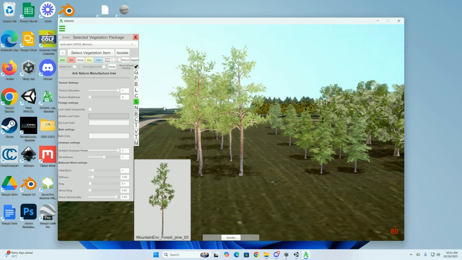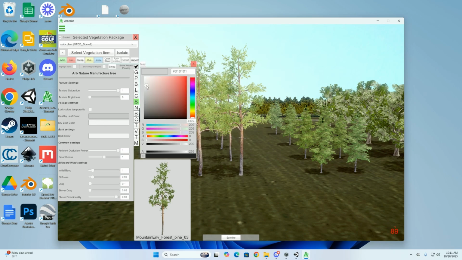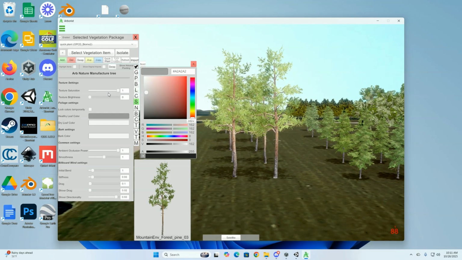So with the pines, what I've seen is if you just try to change the color here, it makes it a little bit harder to do. But if you take this texture saturation on these pines, and this works with a lot of trees, and really reduce it down to where it's almost next to nothing, then you can really get your color like you want it. And I tend to like it right in there,